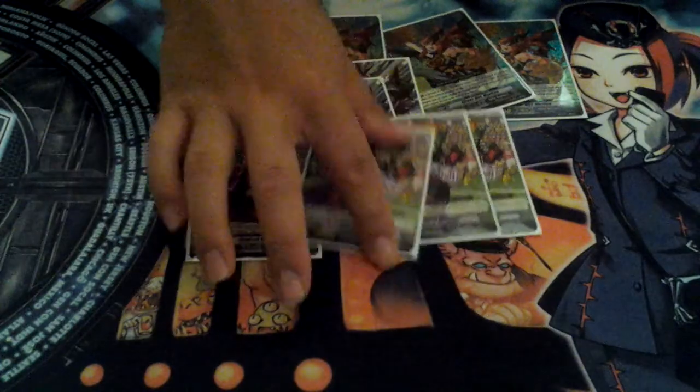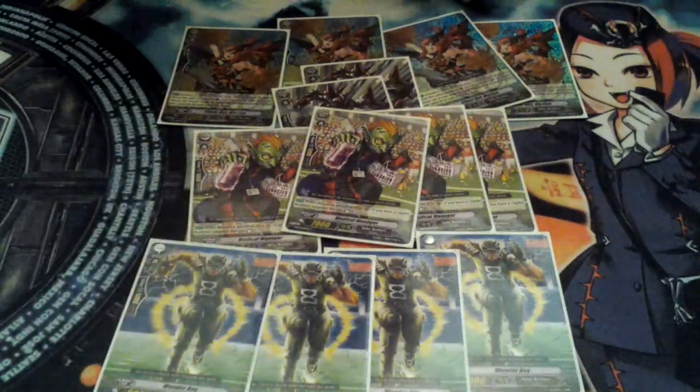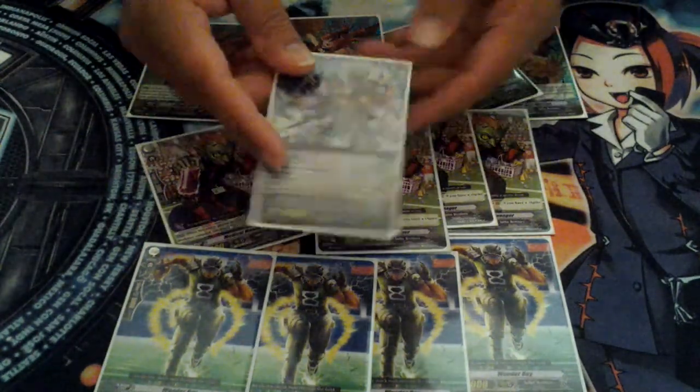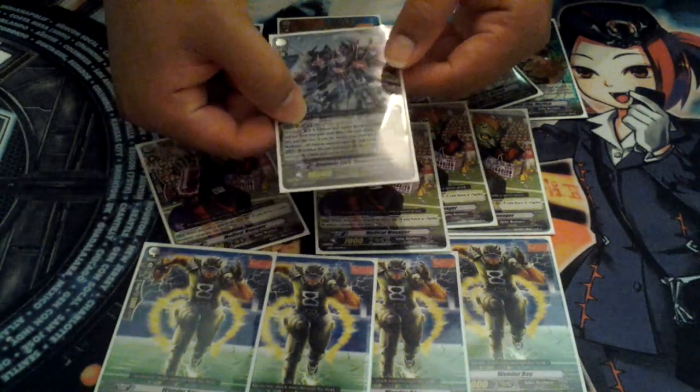I'm making a mess now. And then the last ones, I play 4 Wonder Boy. Wonder Boy's a really good card in this deck because he's 8k and teams up with Dudley Emperor. I should have said his effect earlier, but Dudley Emperor's effect is if you have 4 or more damage, you can